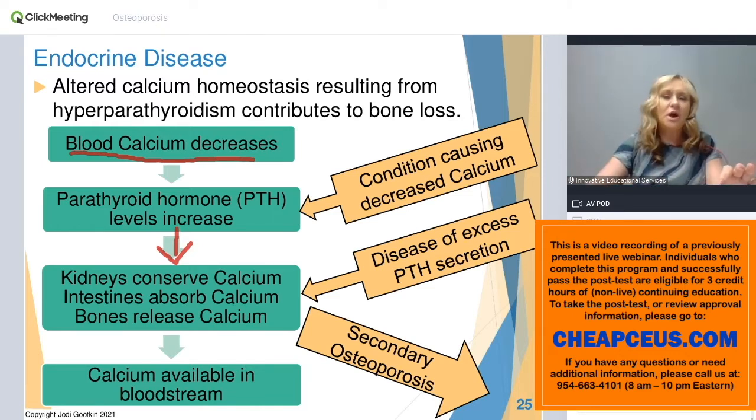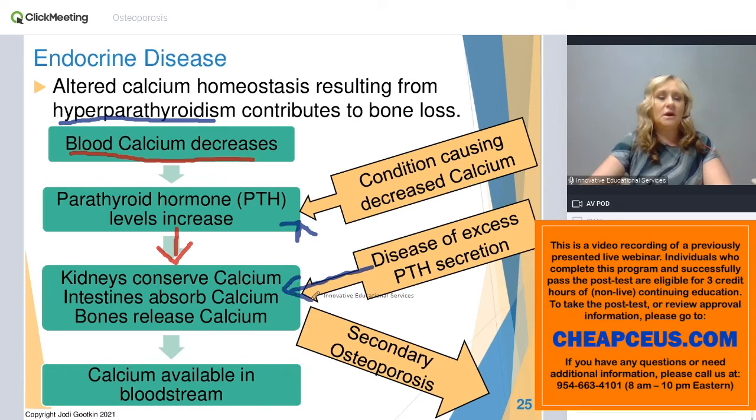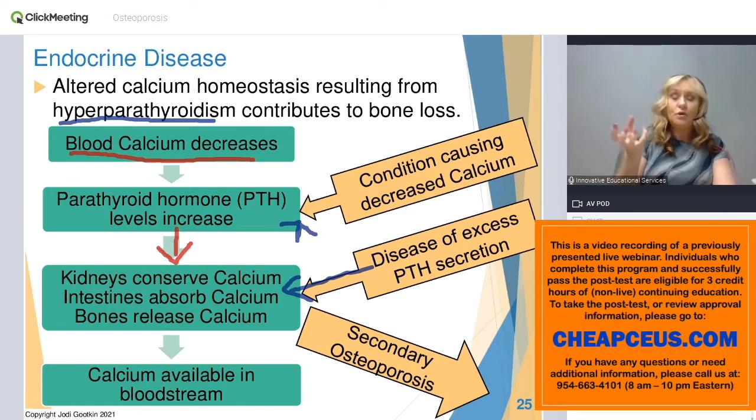The challenge becomes if someone has a condition such as hyperparathyroidism. If someone presents with hyperparathyroidism, that is going to increase the secretion of the parathyroid hormone. We're going to have a greater influence on this process. If the parathyroid hormone is released, stimulating the kidneys, the intestines, and the bone to pull calcium